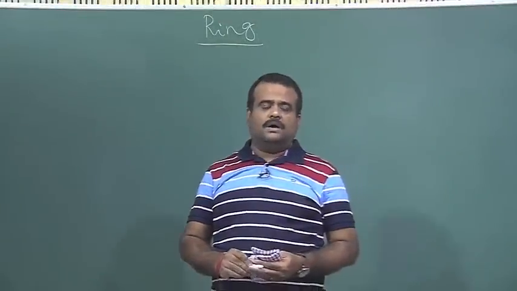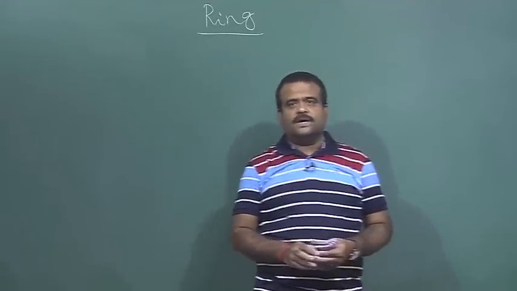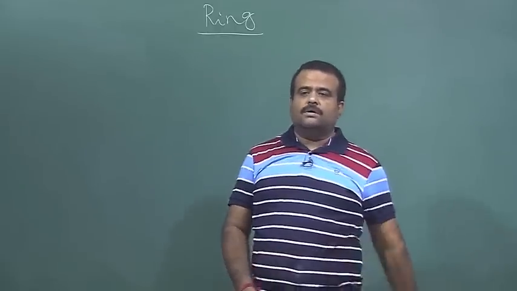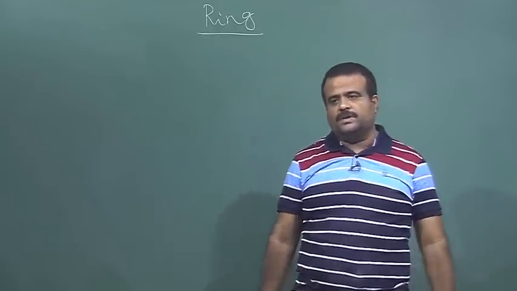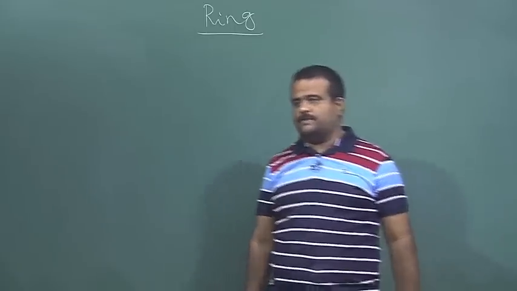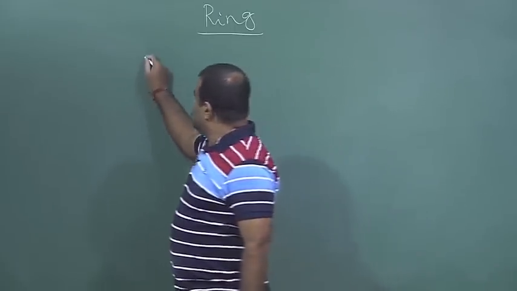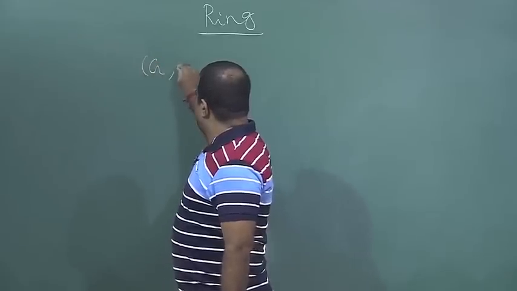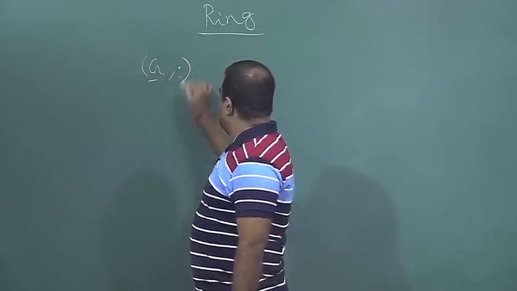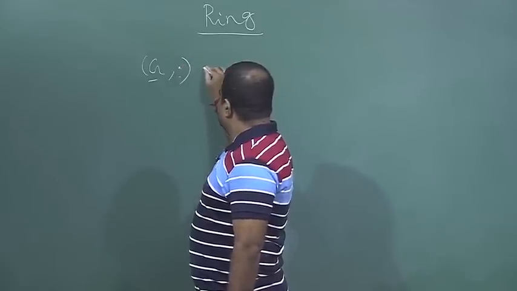Okay, so we'll just talk about another algebraic structure called a ring. Before that, we just recap what we said about groups and some more properties of the group. So we have seen for a group we need to have an operator. We have a set G and we have a binary operator dot, and